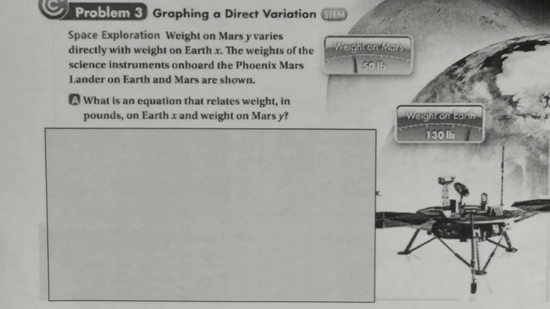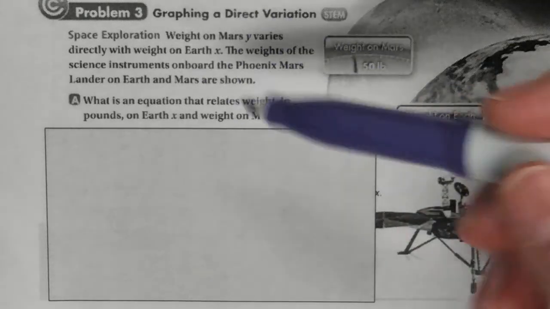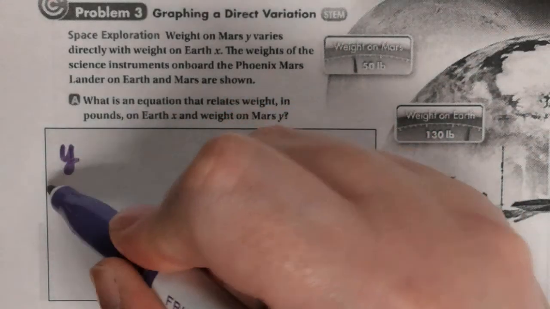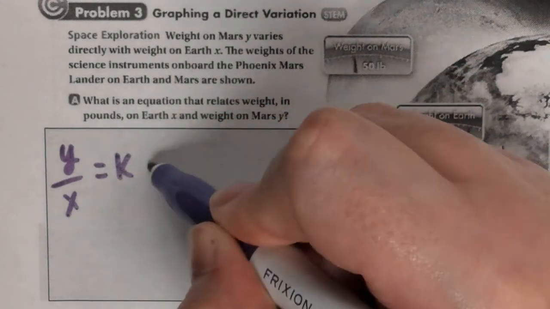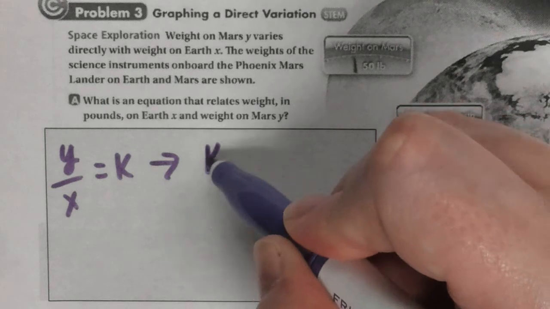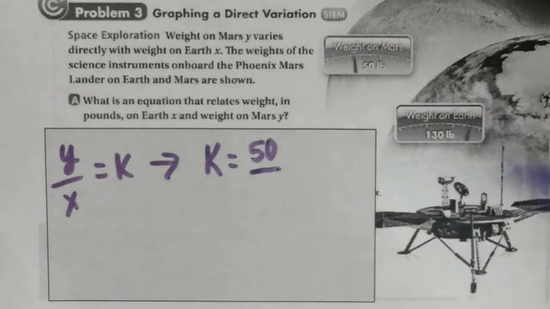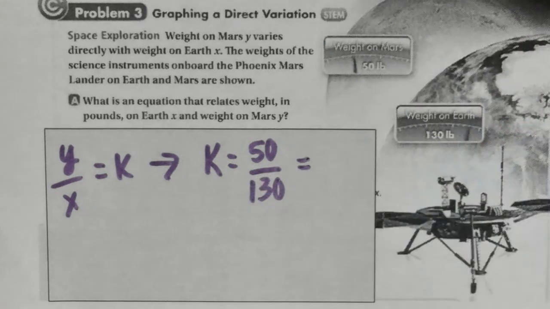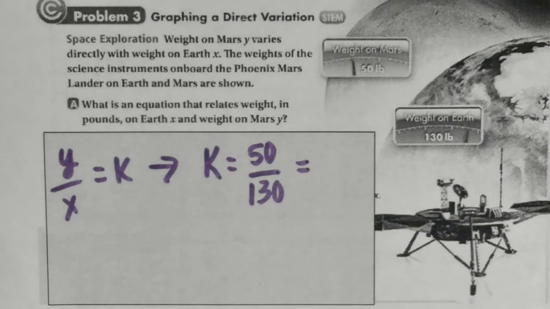So remember, we just said y varies directly with x. So if you look, Mars is y, right? So y over x is our k. So what's y? Like, what's the number for y? 50. And then what's x? 130. And then if you can reduce your fractions,